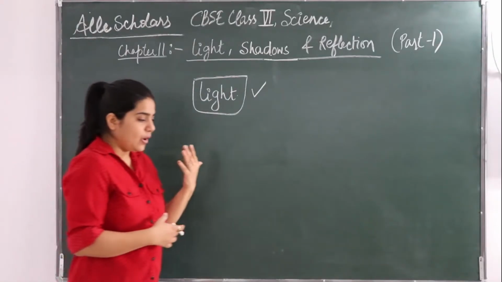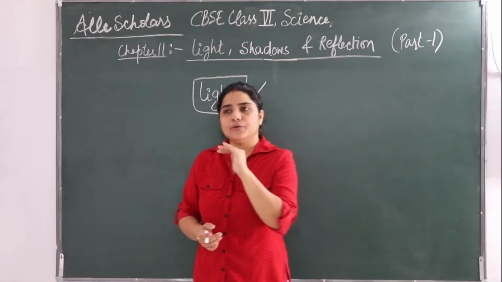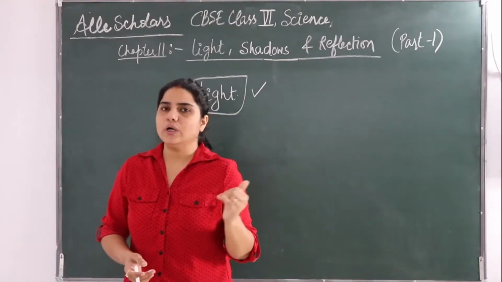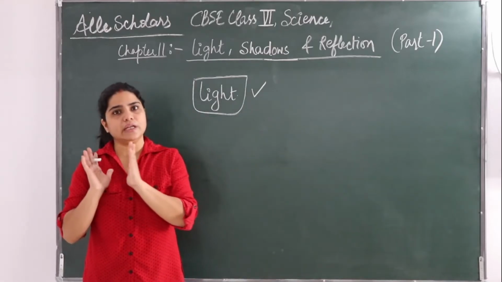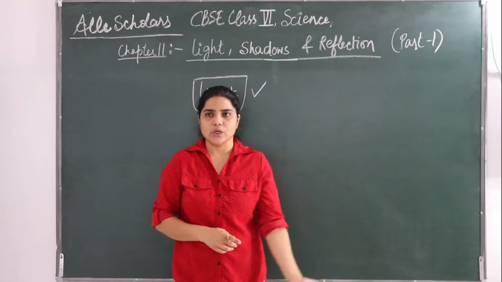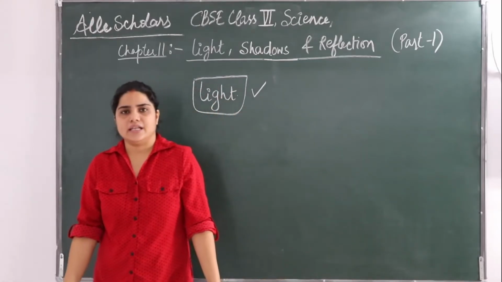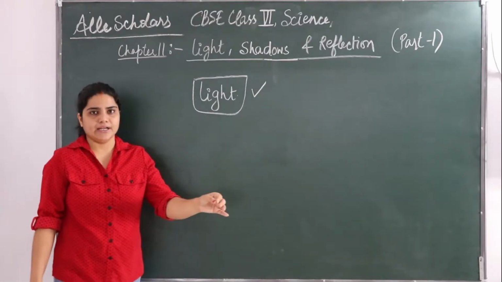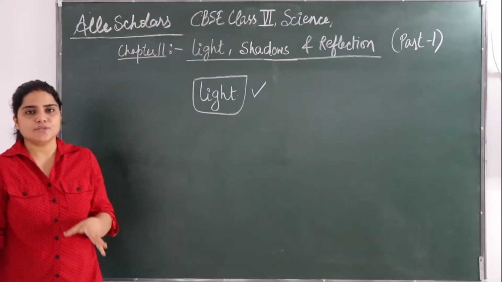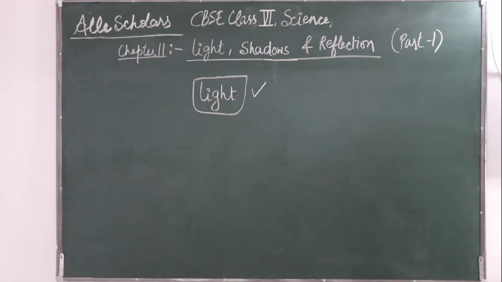Okay, so we got to know, we concluded, that if we want to see things, if we want to see any object, what we need is light. That light can be in any form. It can be a torch light, candle light, a tube light or it can be sunlight. किसी भी फॉर्म में कोई लाइट है तो ही हम किसी ऑब्जेक्ट्स को देख सकते हैं. Otherwise we can't see an object.